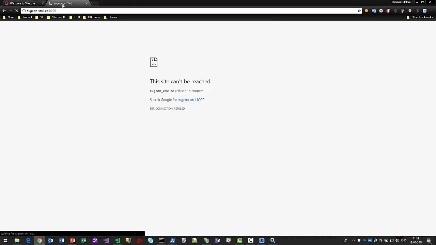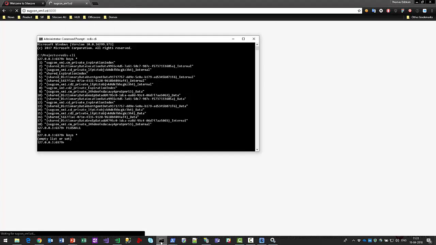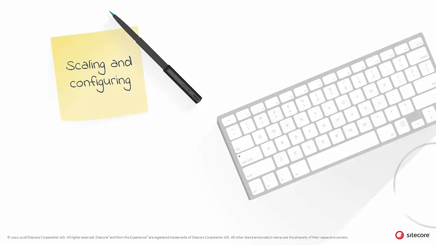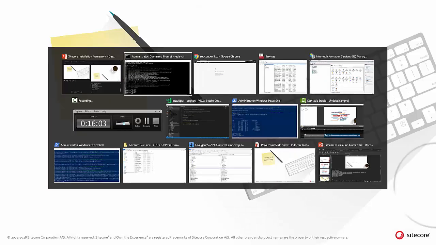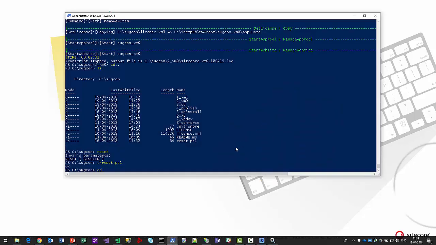And then I'll start my website. And now it'll hit one of the servers. We don't know which one. But if we go and have a look at the keys here, once it's loading, then we'll start seeing session data come into play here. While that's running, I will just go and start the next one, which is